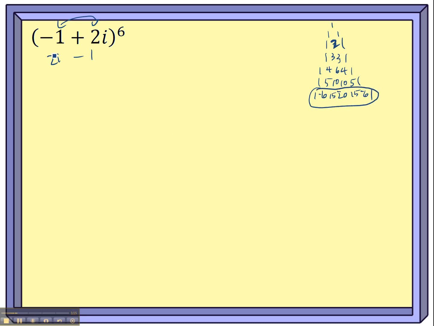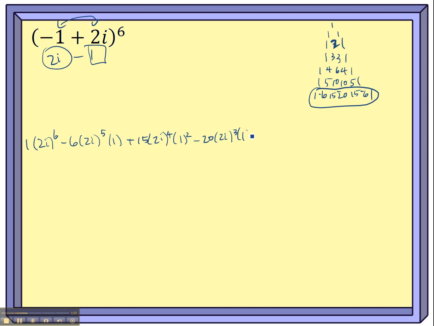Okay, so we're going to use this 2i as our first term. So 1, 2i raised to the 6th power, minus 6, 2i to the 5th power, and then it's going to be 1 is our second term, 1 to the 1st power. So all of these terms are going to be multiplied times some power of 1, which is real convenient because that's pretty easy to do, plus 15 times 2i to the 4th power, 1 squared, minus 20 times 2i to the 3rd power, and 1 to the 3rd power,